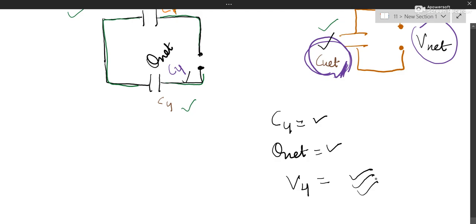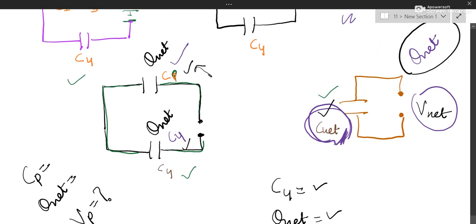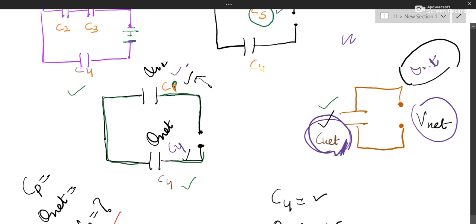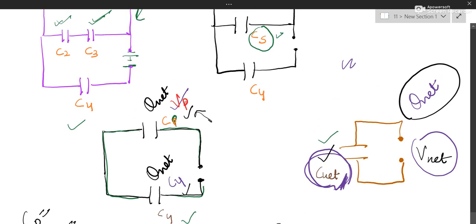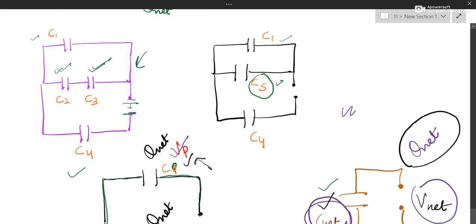This is the individual potential on the fourth that we have found. You know mathematics, apply. Similarly, come to this CP portion. Here we have CP, yes, we have calculated it somewhere. You check. And then Q net is also applicable here, so you can find out VP. The third missing quantity you can find out. Okay, now because VP is ready, all three quantities are ready here. There is only one formula connecting them, Q is equal to CV. If you know two quantities, you can find out the third one.